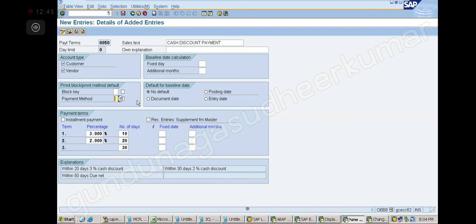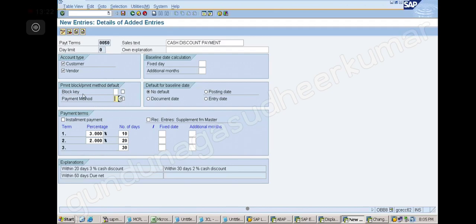So now what happens is certain methods and payment terms don't match. Suppose, for example, immediate. What is the immediate payment term? 0001. Now can I give the check method to 0001? No, sir. Correct. Check, you will definitely not get the money immediately. So check is not matching payment term 0001. So then I have to block it, right?